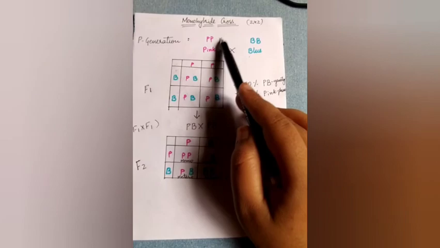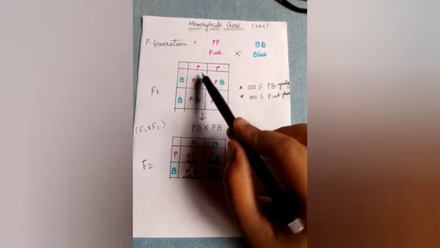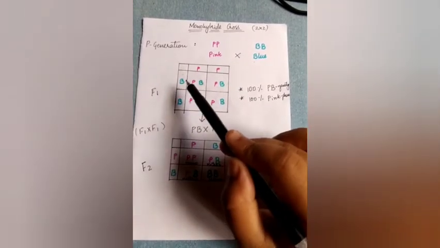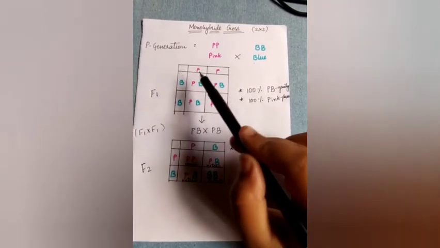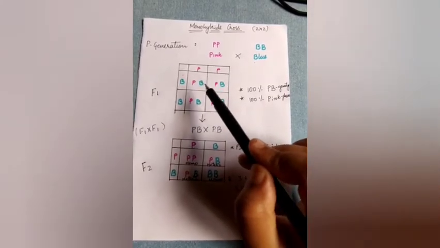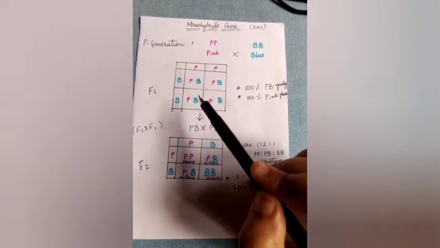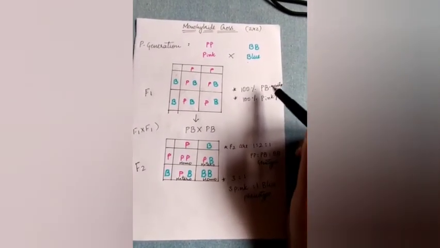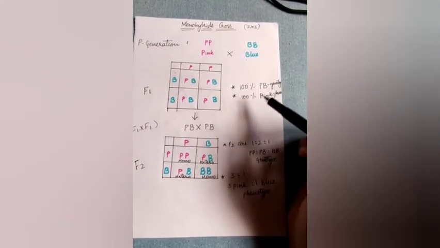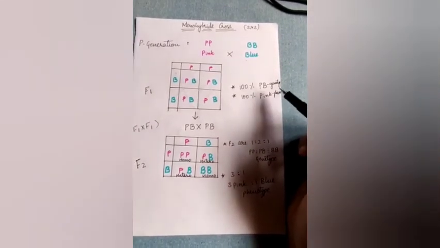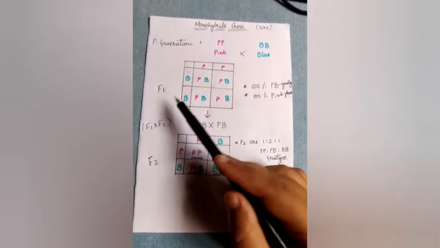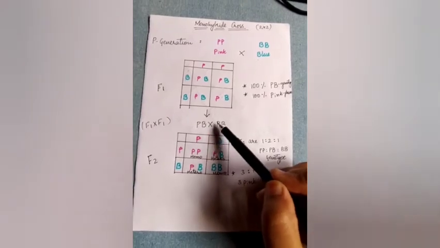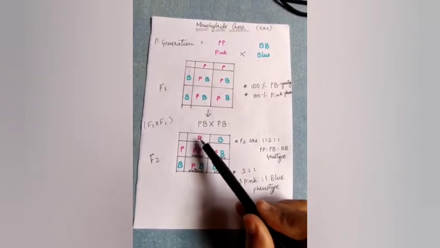When we cross PP with BB, we have in the Punnett square P, P, B and B. BB crossed with PP, we get PB, PB, PB and PB, which are 100% PB genotypically and 100% pink color flowers. When we cross the F1 generation with themselves, F1 cross F1, PB cross PB, we get, let's